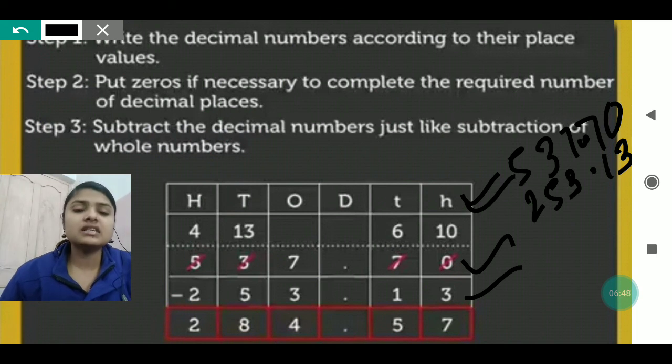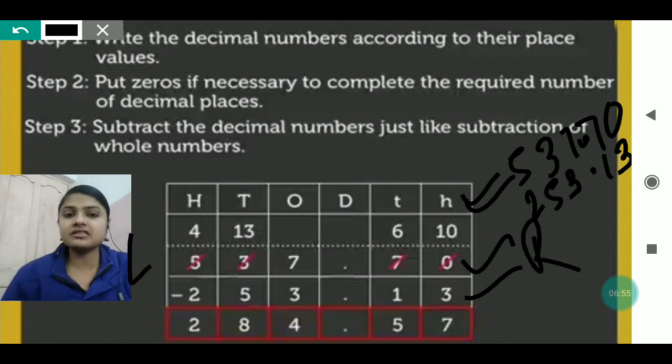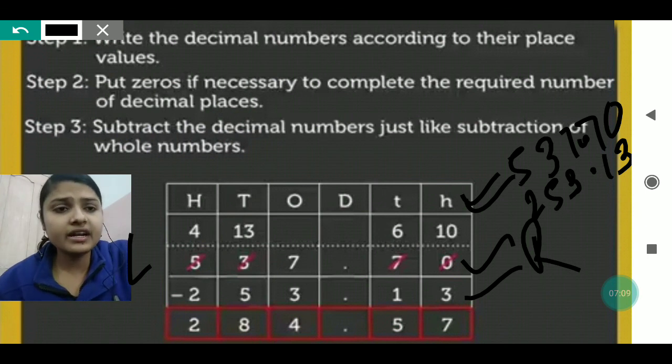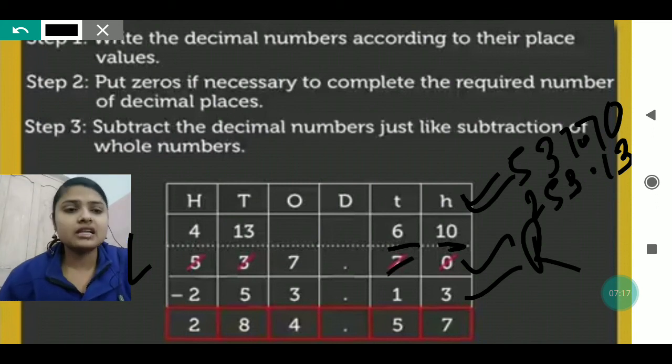What we will do, we will subtract 0 minus 3 from the right side. This is the right side, this is the left side. So from the right side you will start subtracting. 0 minus 3 is not at all possible. It will take one carry from the number which is written just near to that number, that is 7. So when 7 gives 1 to 0, that 0 will become 10. So we will write 10 upside, and 6 we will write upside, because 7 has already given 1, so now it is 6. Now 10 minus 3 we will get 7, and 6 minus 1 we will get 5.